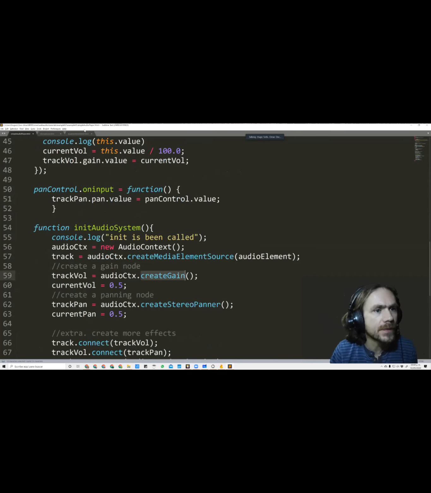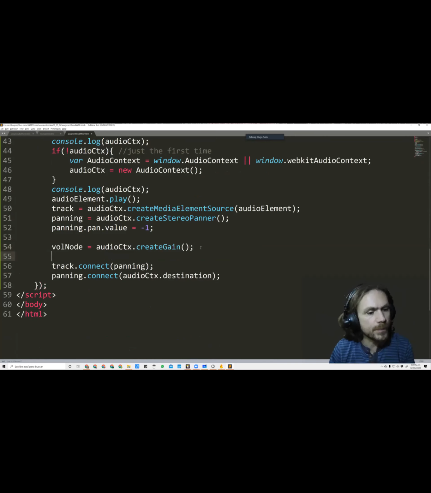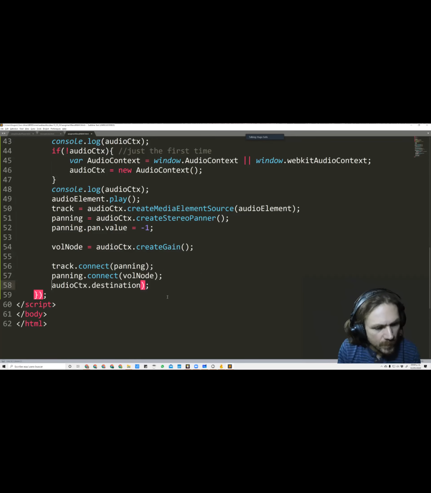Thank you very much. Create gain, right? And then be careful because my track is connected to the panning, and then my panning is connected to the volume node, okay? And my volume node, it's connected